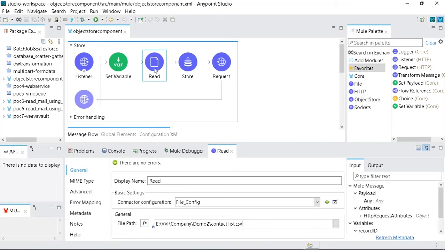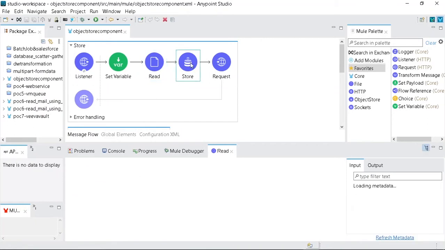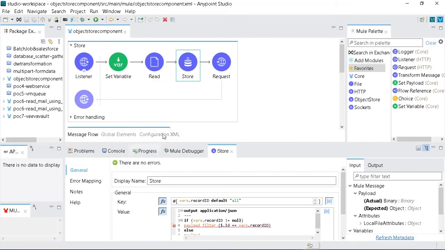And after this component I have used the object store component. What this component is doing is storing the data inside the object store with the key name. So in future, if I require any data, I will simply provide the key, and it will return the particular value which is saved with the key name. So that's why I have provided a key, and here is the content of the value, meaning whatever value will be saved with this key name.